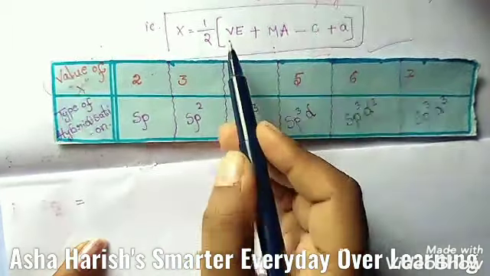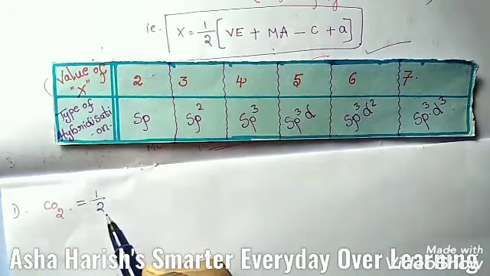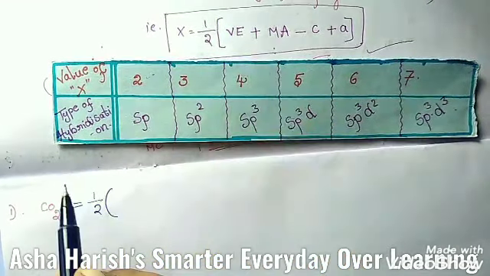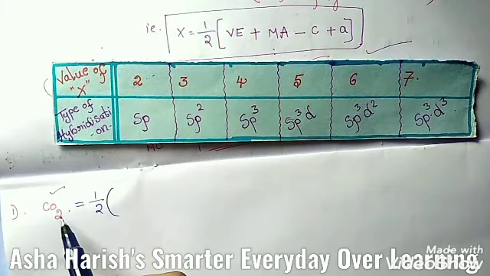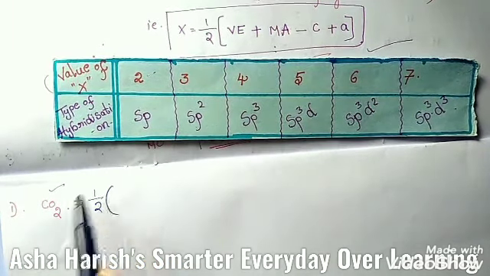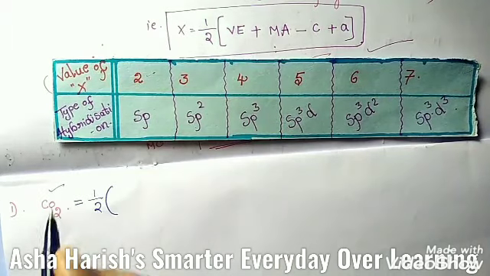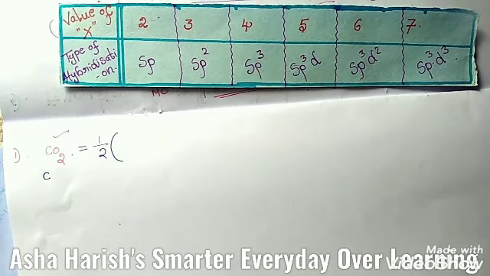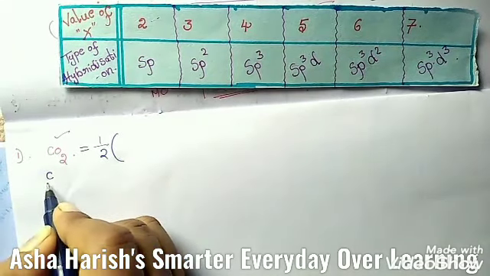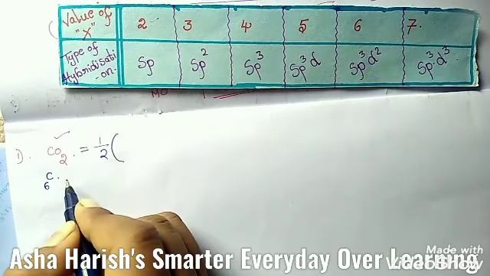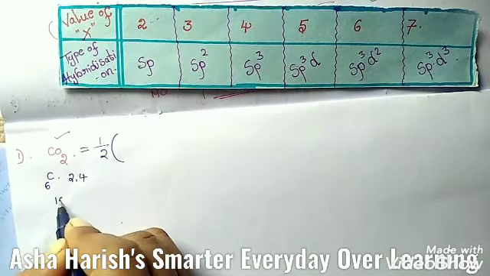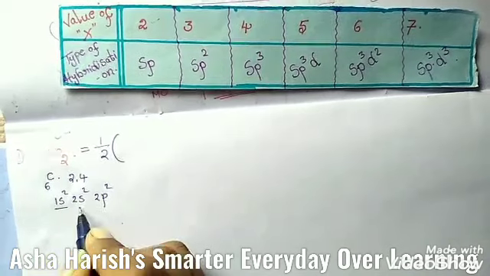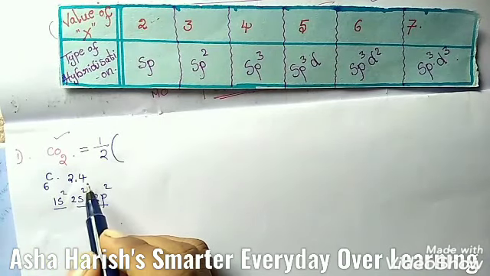X is equal to, by applying this formula, half into the number of valency electrons. Let's see. In CO2, carbon and oxygen, here carbon is the central atom. Okay students, for this carbon we need to find out the valency electrons. For that we need to know the electronic configuration. Carbon is 6 and its electronic configuration is 2, 4. Why? Because 1s2, 2s2 and 2p2. Here 2, here 4. This is the electronic configuration.